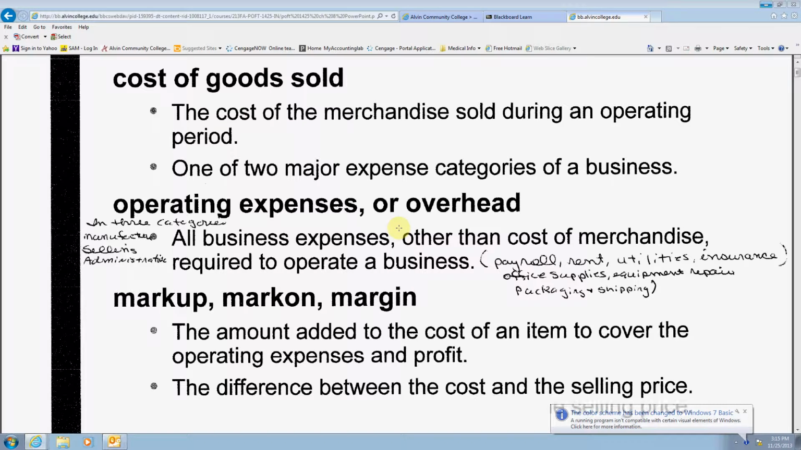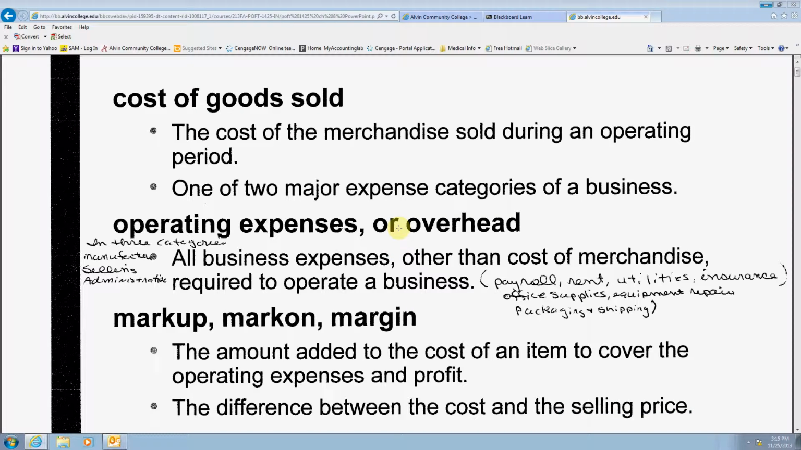Okay, Chapter 8 goes over cost of goods sold and the cost of merchandise sold during an operation period, and it's one of two major expense categories of a business. And operating expenses or overhead are all business expenses other than cost of merchandise. That's what you buy to put into your store, the products you buy to resell to your customers, required to